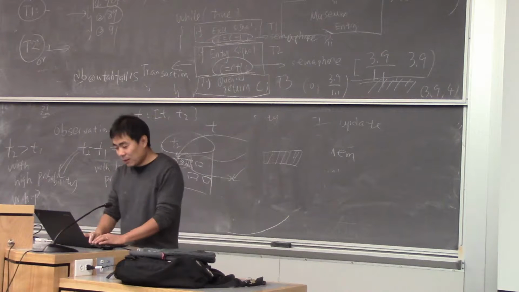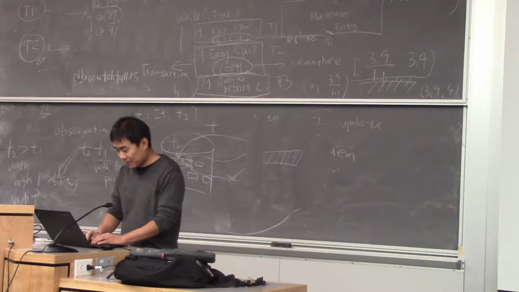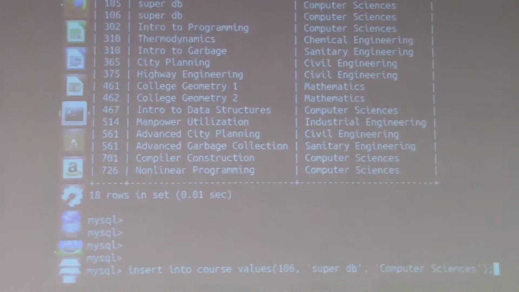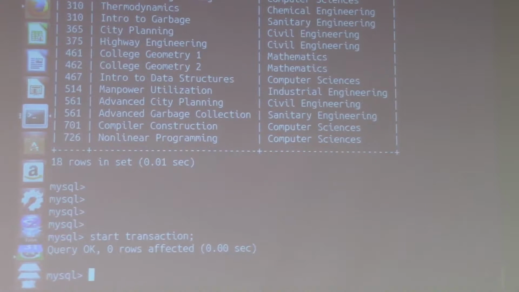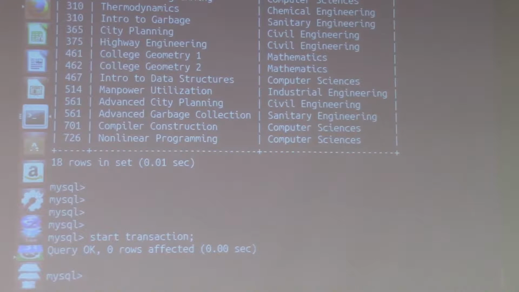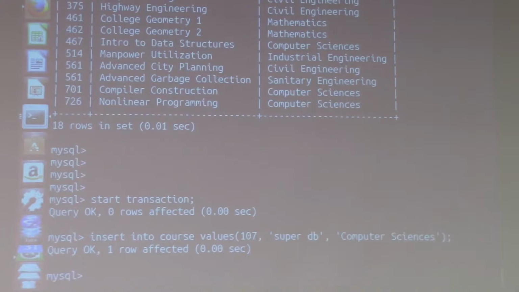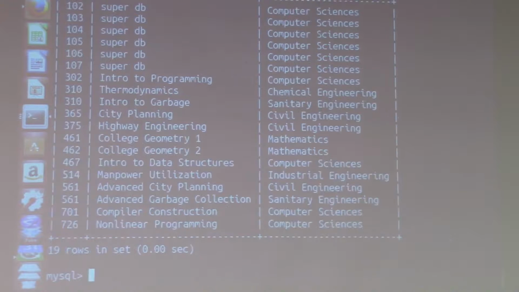Can I demonstrate this somehow? Let me try to do a demo here. Okay, so let me start a transaction. I start the transaction, and what happened now? I'm going to insert a record, and I got my SuperDB in the database. And what happened now is I'm going to